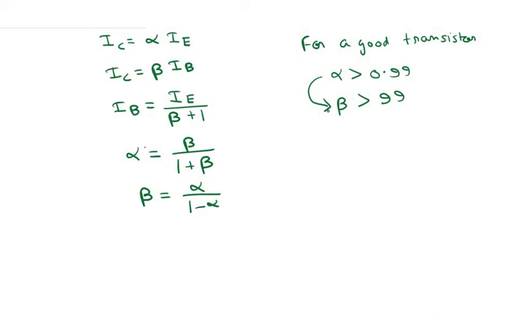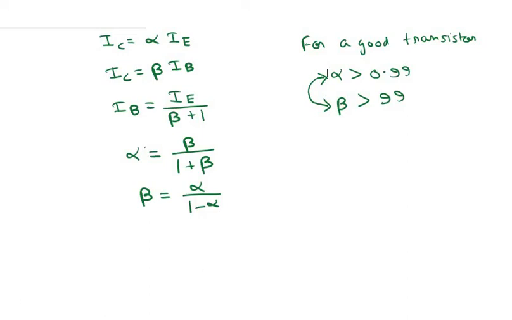Or we can also derive the upper inequality from the lower one, that if beta is greater than 99, then alpha must be greater than 0.99. Okay, so these are the equations that we will be needing in our discussions, or when we want to